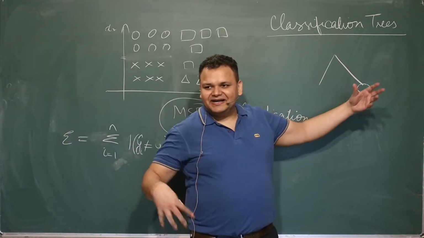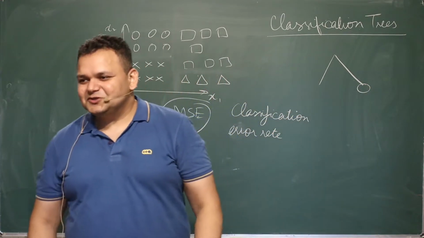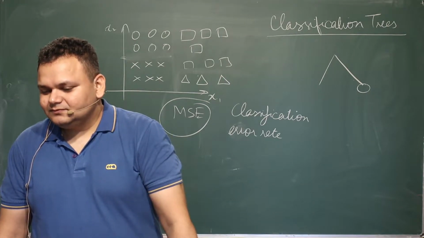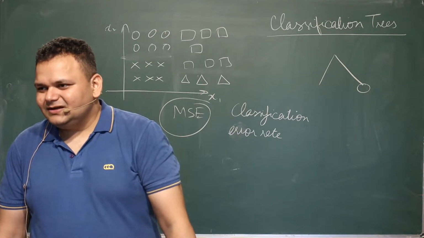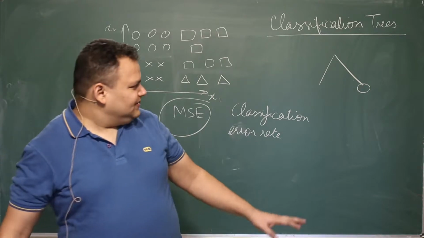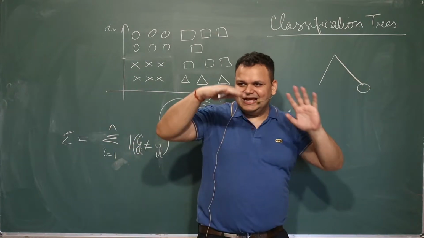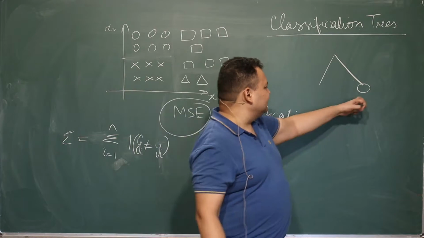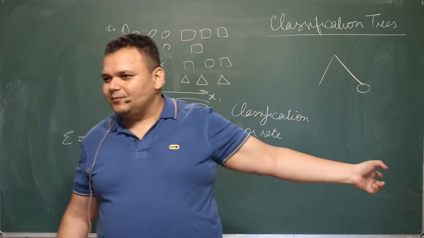But once you have generated your tree, what was the prediction from the tree at a particular node? हम क्या predict कर रहे थे उस node पे? Our output is greater than a particular threshold, or less than a particular threshold. No, that was how you were dividing your tree. But once you reach a particular node, you start your prediction as the average value of all the observations that are present in this particular node. Okay, that was what we were predicting.